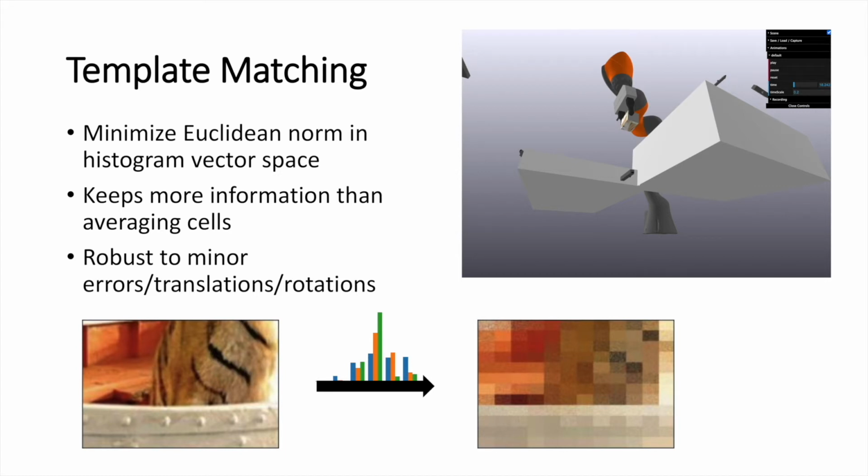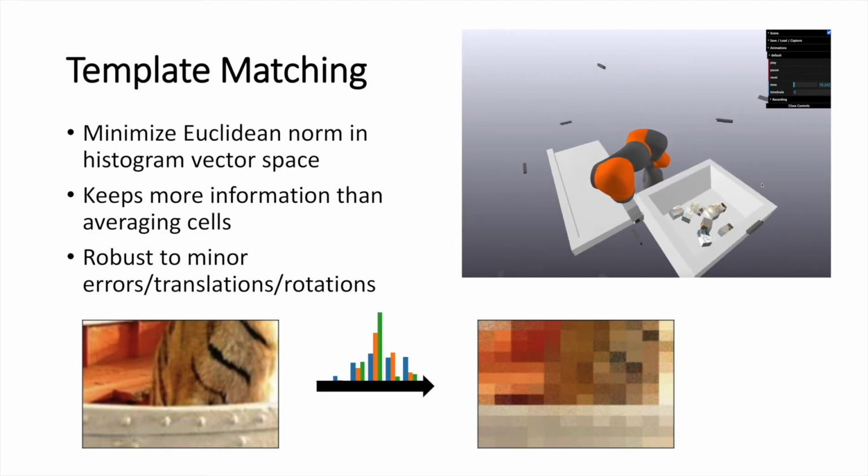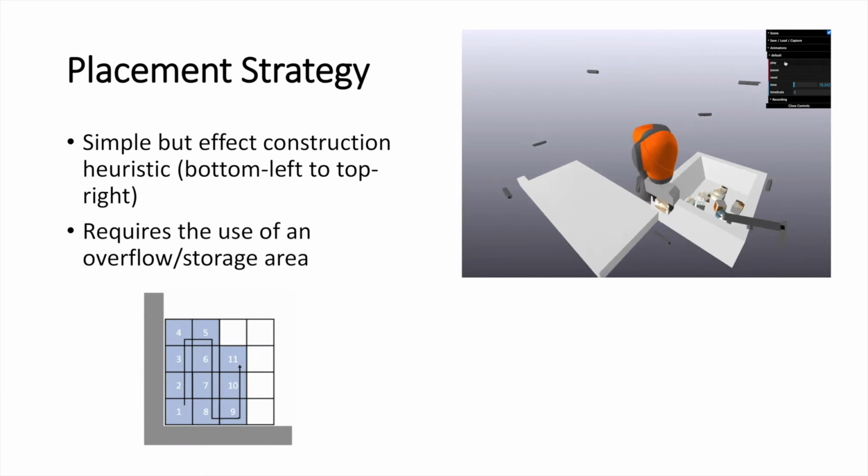After alignment, an RGB image is taken, which is then filtered, segmented, and rescaled. To perform template matching, the image is discretized into a number of cells. For each cell, a histogram of the RGB values is determined. These histogram vectors are then compared with the histogram vectors associated with each template block. The template block that minimizes the histogram error is identified as the appropriate corresponding block. This association is then used to decide if the block should move on to the third station, which is a